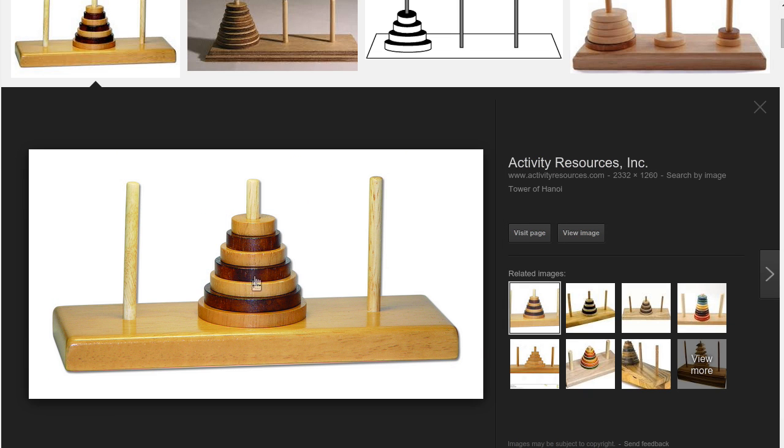There are multiple disks and 3 vertical sticks, and the goal is to move this tower from one stick to another stick. You can move only one disk at a time. That's the first rule, and the second rule is you cannot put a bigger disk on top of a smaller disk. So